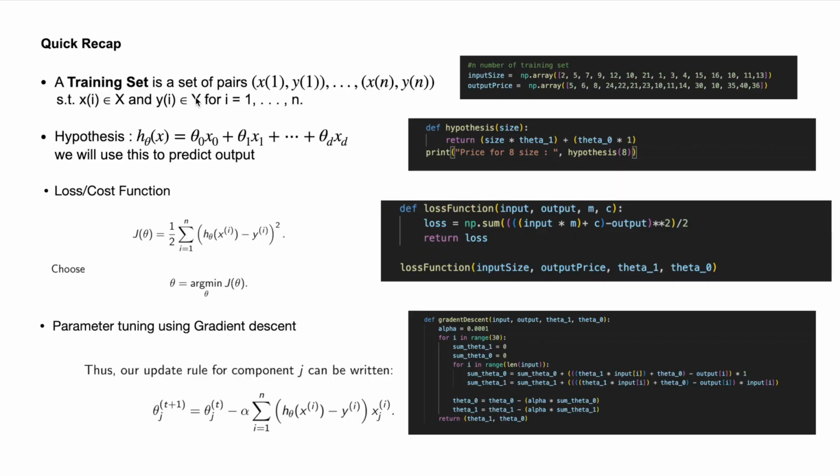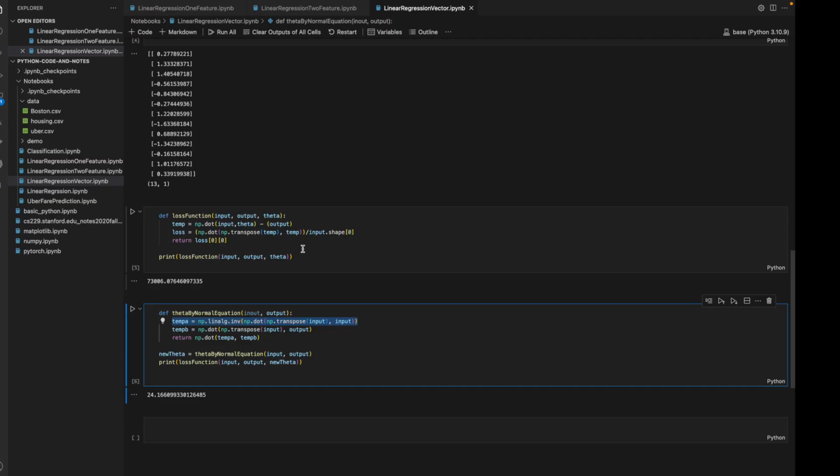We have a training set, we have our hypothesis, we have our cost function, which is the squared loss, and we are going to discuss this squared loss probably in the next session. And then we are using gradient descent for optimizing our parameter, or optimizing our theta. Let's implement the same program where we are taking input in a matrix, and then we are using the gradient descent algorithm in order to optimize our parameter